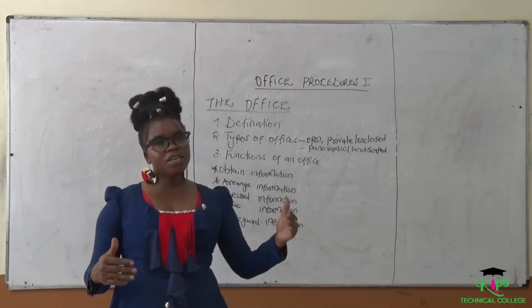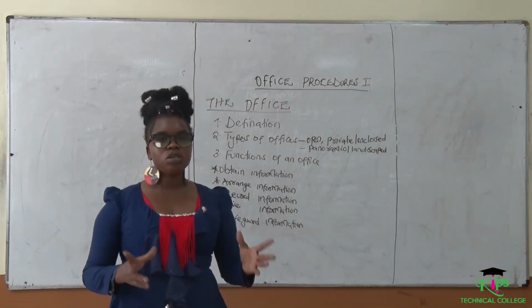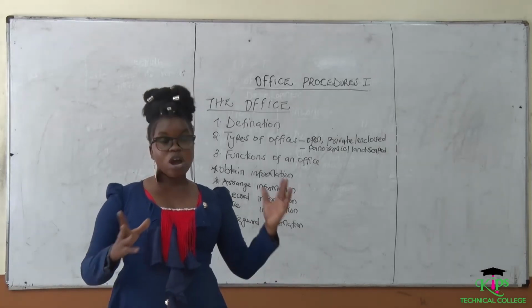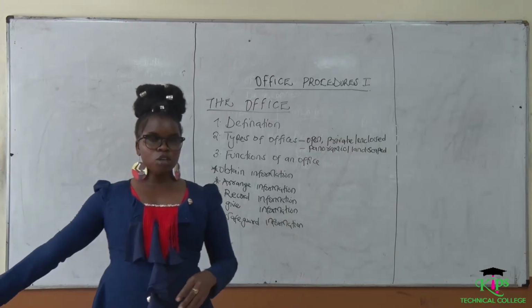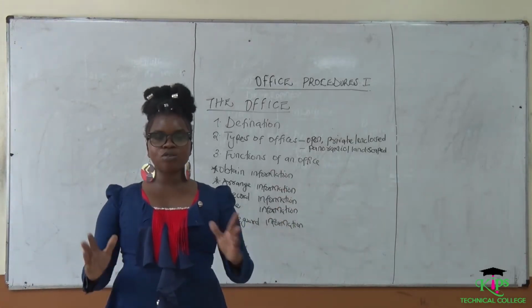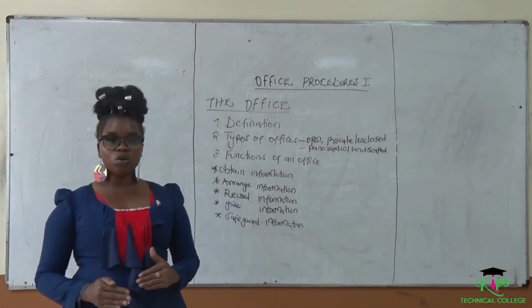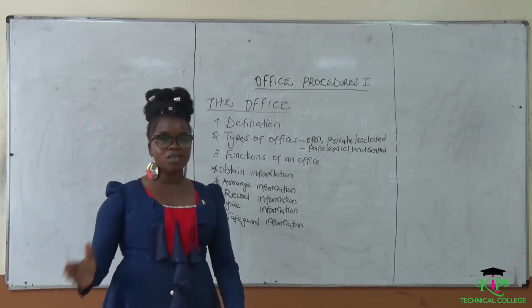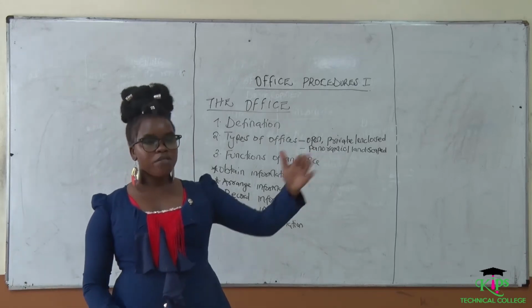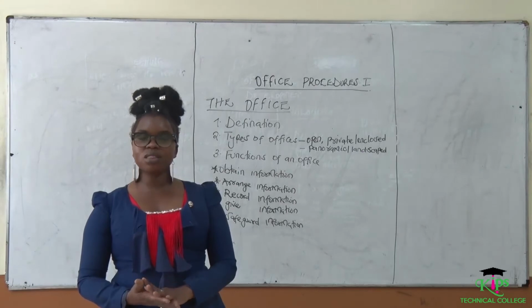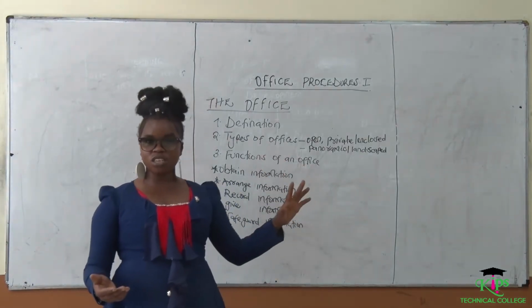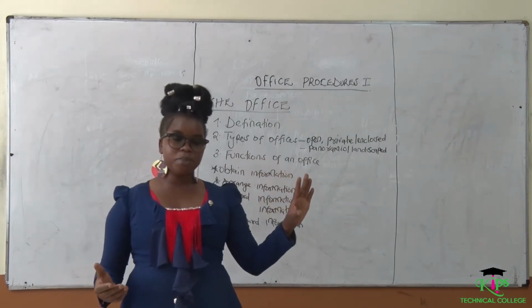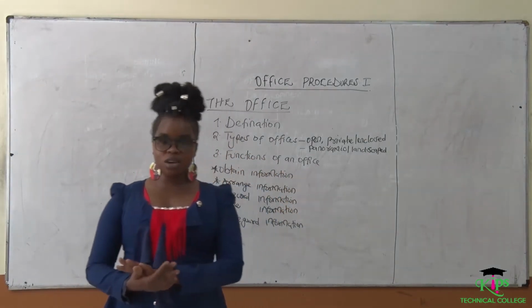If, for example, it is an invoice which you received for the sales department, you are not going to file it for the accounts department. So you are going to sort out your information and arrange it according to where it suits. All the invoices should be filed together, all the application letters filed together, and all the dismissal letters for the people who have been dismissed from the job filed together.